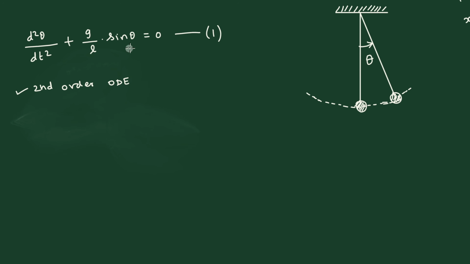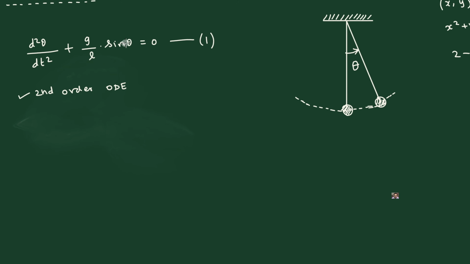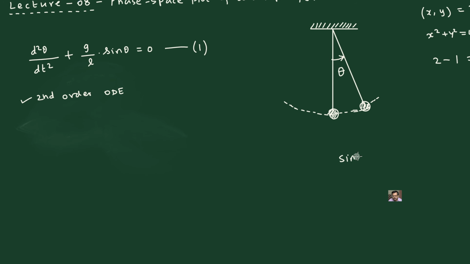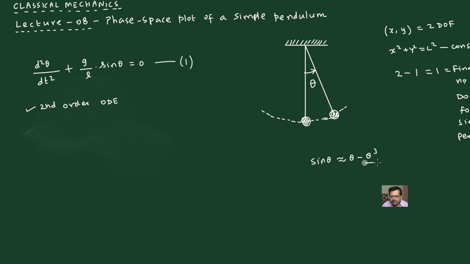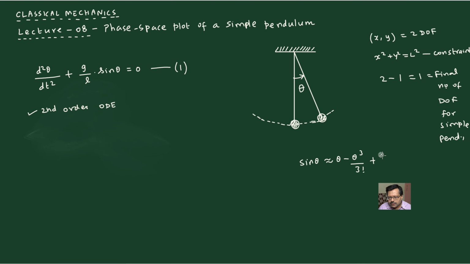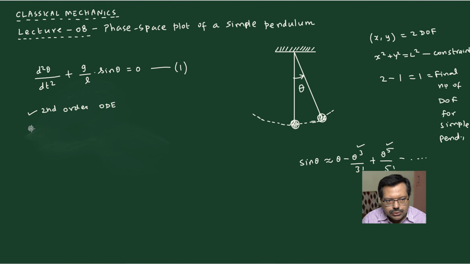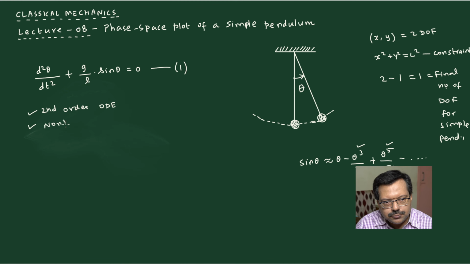Sine theta is a non-linear function because you can always expand sine theta as approximately theta minus theta cube divided by 3 factorial plus theta to the power 5 by 5 factorial minus etc. So therefore you have a power 3, a power 5 etc., and therefore sine theta is non-linear. So we conclude that this equation is also a non-linear